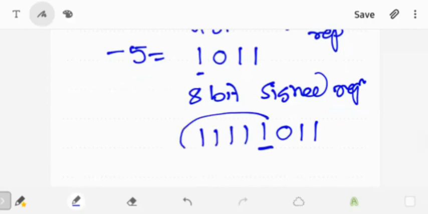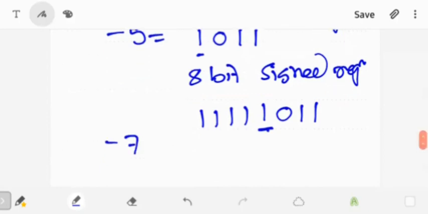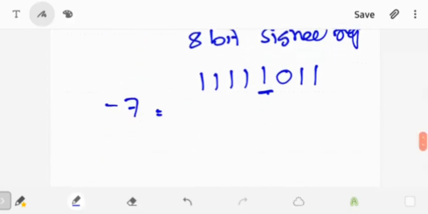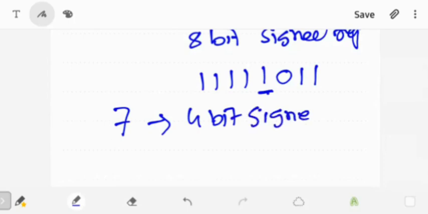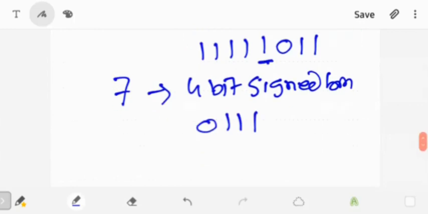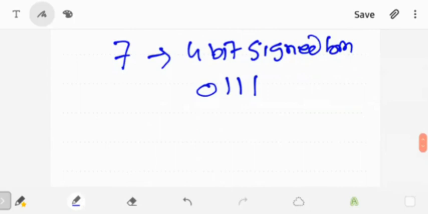Okay, so if you sum all of these, you will get the same answer. I have shown an example yesterday. Someone asked a query, right? So similarly, for minus 7, or say plus 7, let's take plus 7. What is its 4-bit signed binary representation? It's 0111. So if you like to represent using 8-bit signed representation,